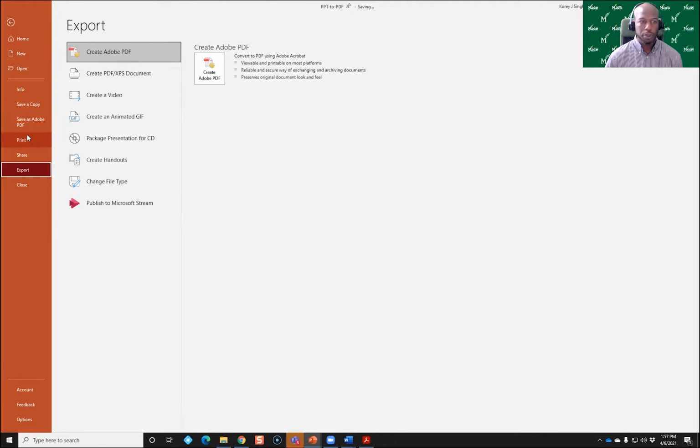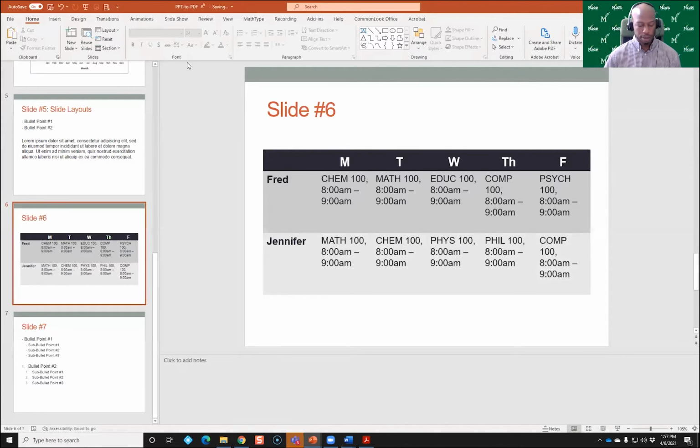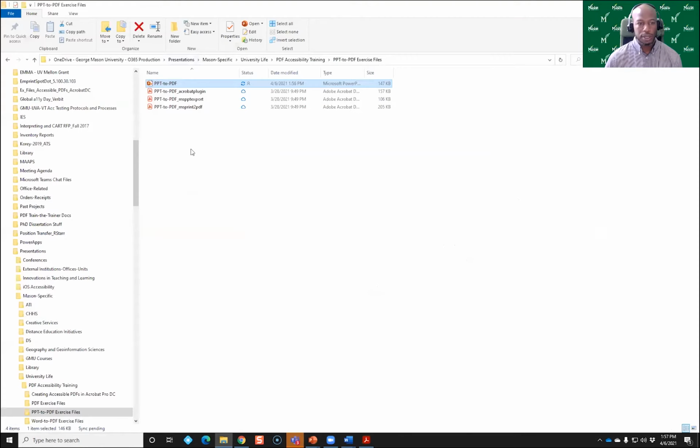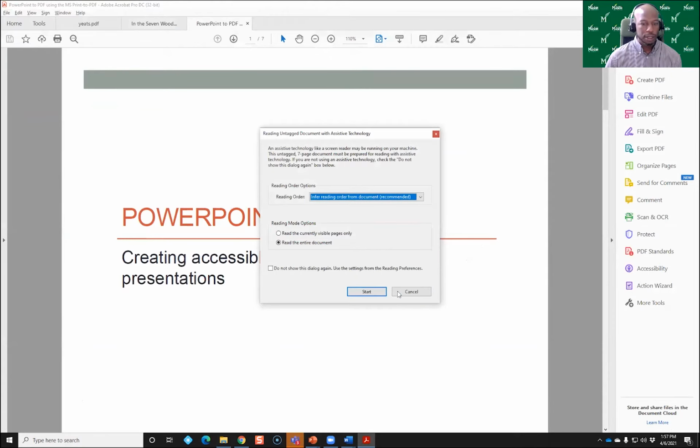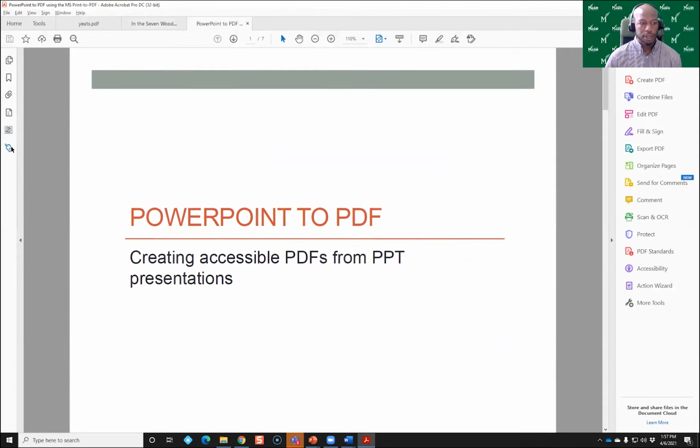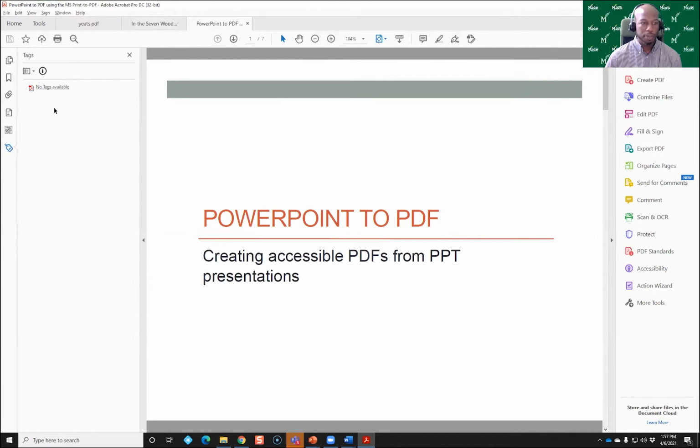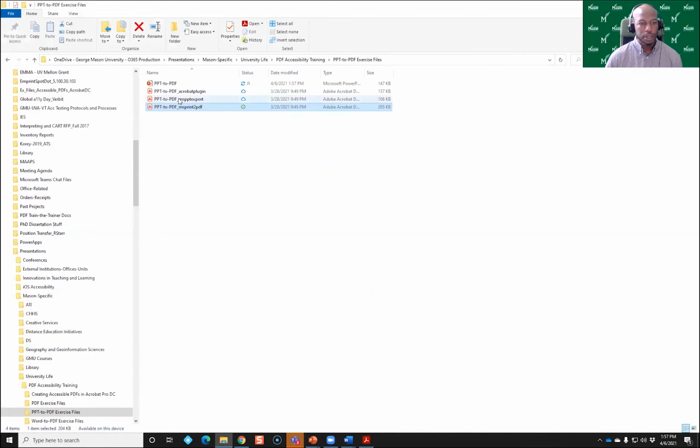Again, avoid doing print. And then let me show you what it looks like when you actually go through and do these things. So obviously the first one, print to PDF, it stripped away all of the placeholder information. That is gone because we printed it as a PDF. When we go to the Microsoft export version,